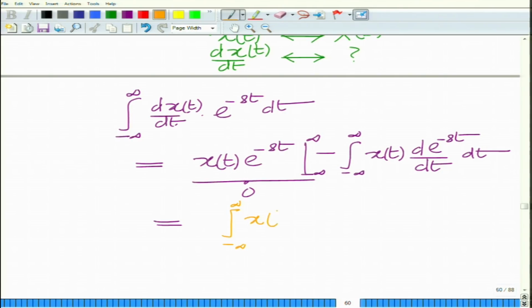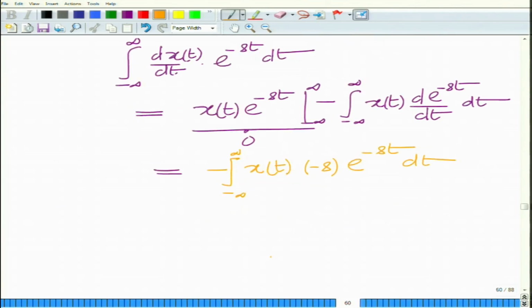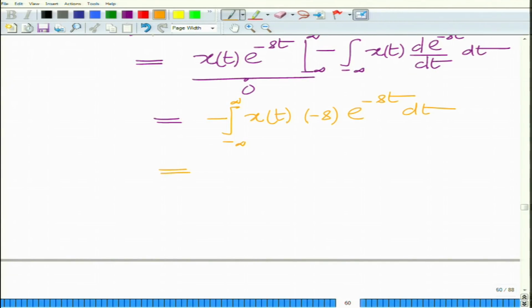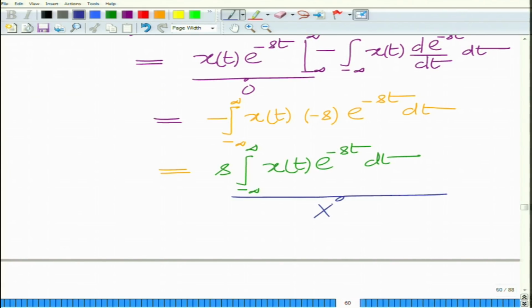The derivative of e raised to minus st is basically minus s, so we get minus s e raised to minus st dt, which is basically s times the integral from minus infinity to infinity of x(t) e raised to minus st dt, and you can see this is the Laplace transform